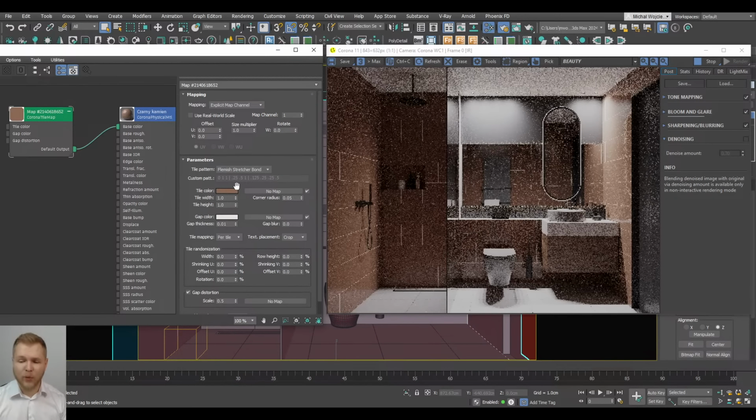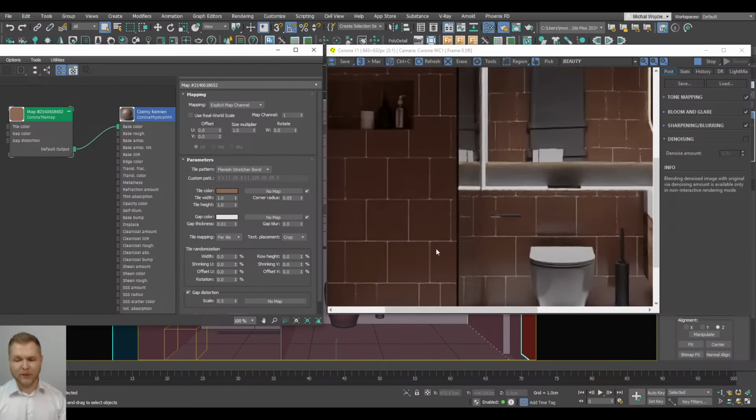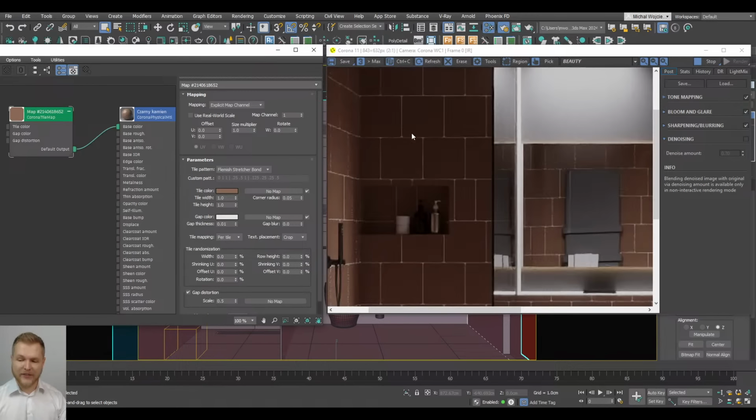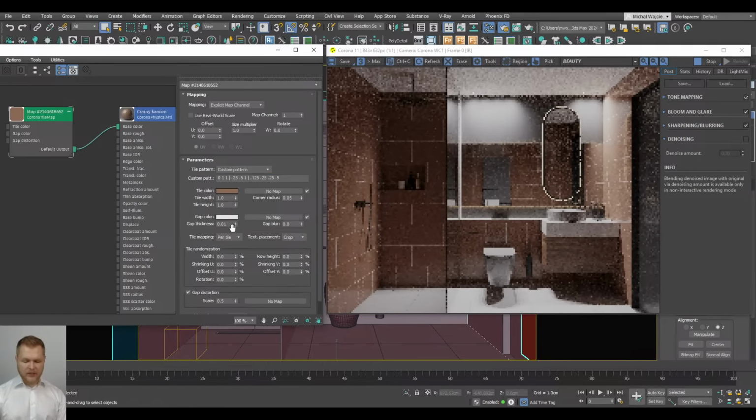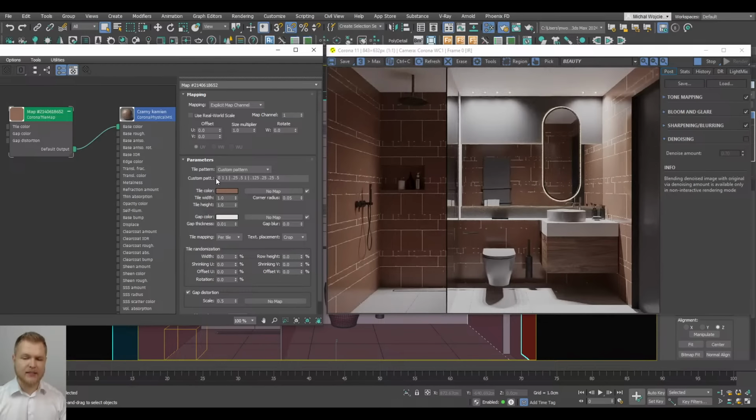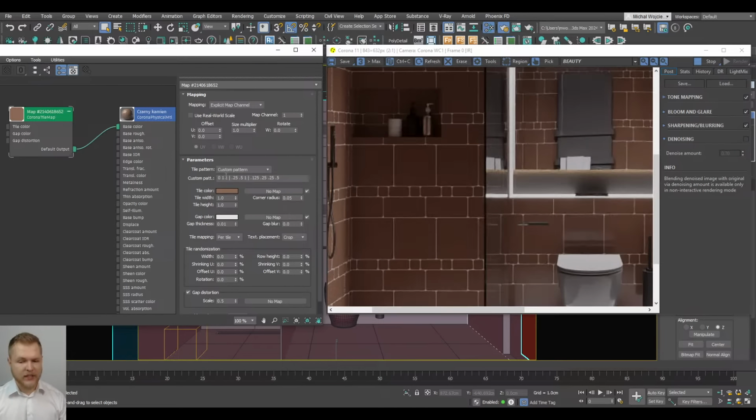So I'm not going to be going through all of them because obviously you're going to be bored before I get through all of that. But now it also has custom pattern. So the custom pattern is going to work like this. The first value is going to be offset, the second one is going to be the width, and then it's going to be the height of a tile. So it's essentially going to mean that we can translate this to 0, 1, 1, 0 offset. You can see that offset is 0, value of 1, the width is 1, and you can see that also in our case we've got this 1 of